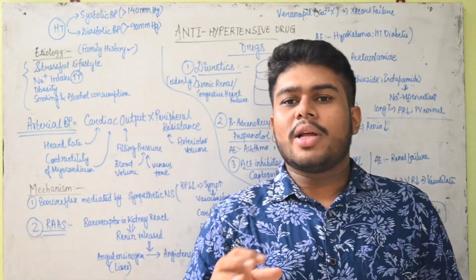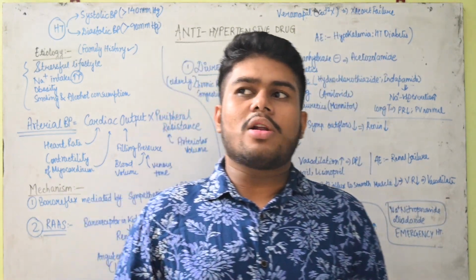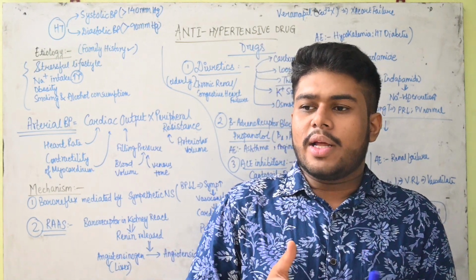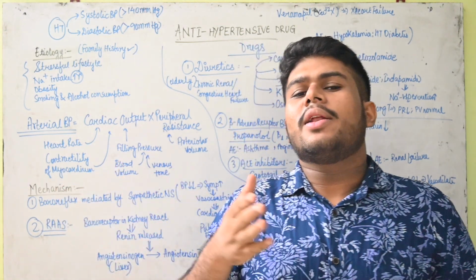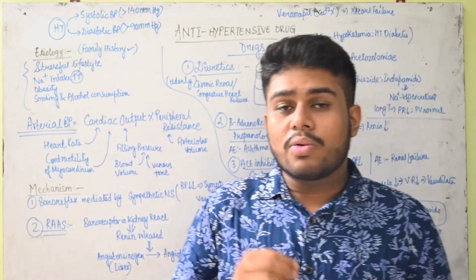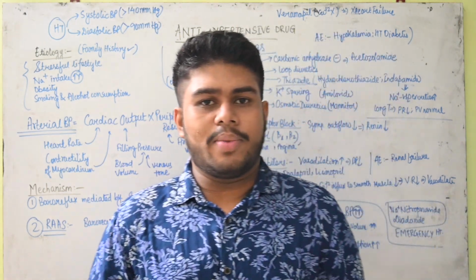But it cannot be that you measure once and say a person is suffering from hypertension. No, it's not that. It has to be happening subsequently, meaning you are recording for one day, the next day, like this. If you are constantly recording and finding the readings coming in that manner, then you can say that the person is suffering from hypertension.